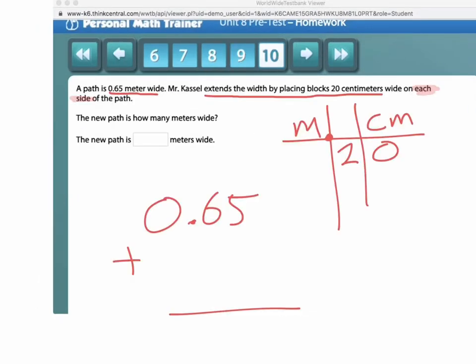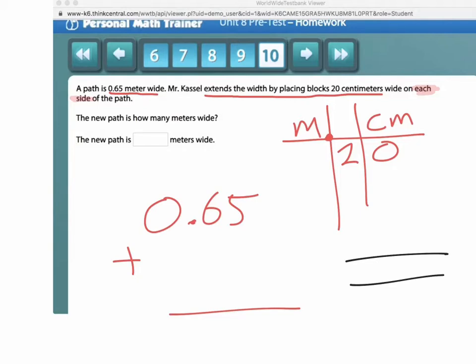Let's start by unpacking the problem. There's a path that's 65 hundredths meters wide. Mr. Castle extends the width by placing blocks 20 centimeters on each side of the path. So the new path is going to be how many meters wide? So first thing you're going to want to do is draw some sort of model. So here's our